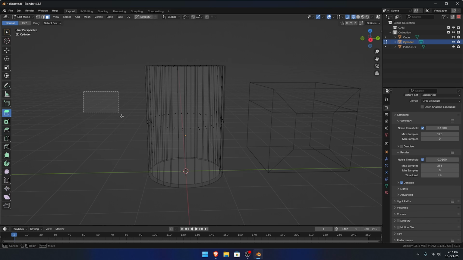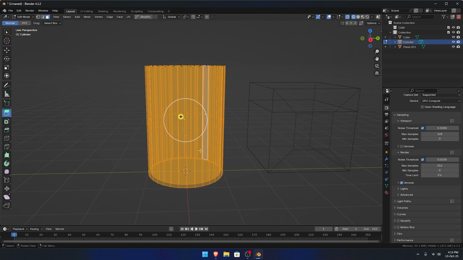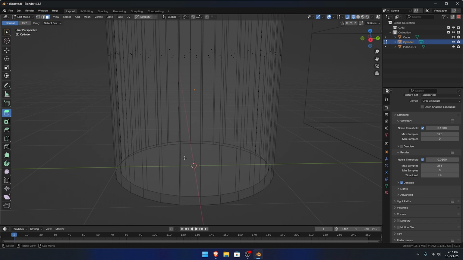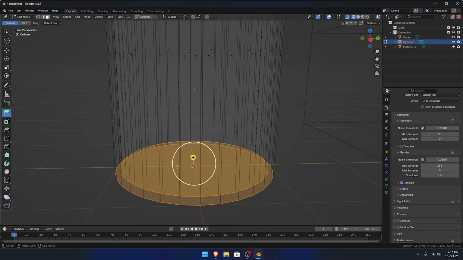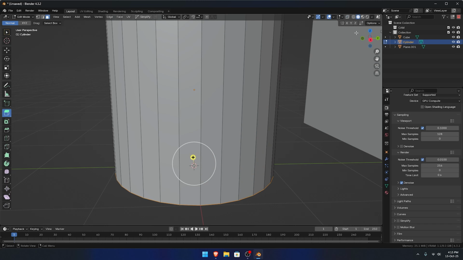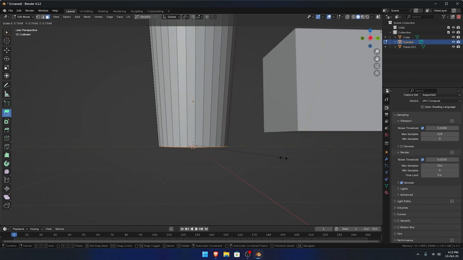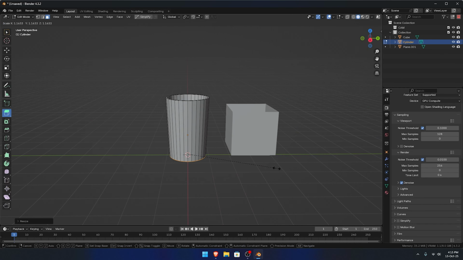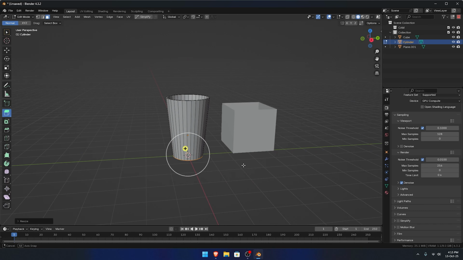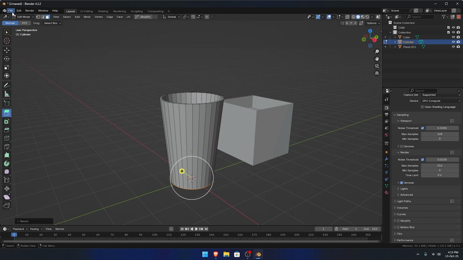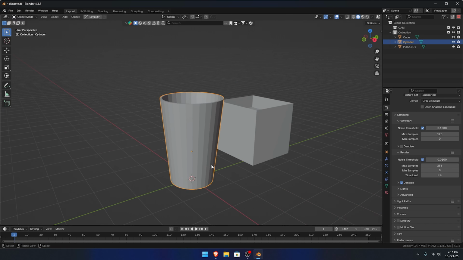If you select like this, it will also select these faces. So always remember, while you are selecting, select both these circles, go to solid mode and scale it like this. Right, now go to object mode,